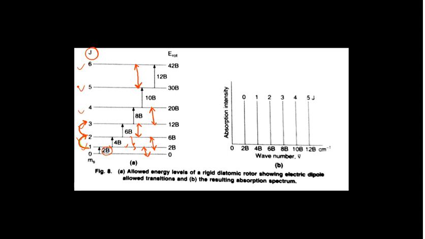Now, in that case, this picture was showing the allowed energy levels for a rigid diatomic molecule. And if you convert this into the spectrum, this is your microwave spectrum, and this is the wave number. Energy is directly proportional to wave number also. So, if you put the J value of 0, you will have this energy. If you put the J value of 1, you will have this energy. If you put this J value, you will have this particular energy. So, this is the resulting absorption spectrum.